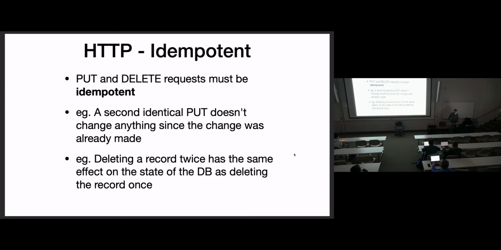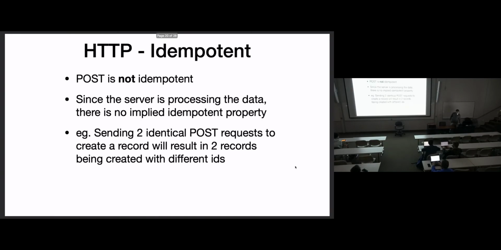Post is not idempotent. You send multiple identical post requests to our API for the homework. You're going to get multiple records created with different IDs. So post is doing some processing. It's not idempotent. So since the creation request is not idempotent, we're going to make that a post